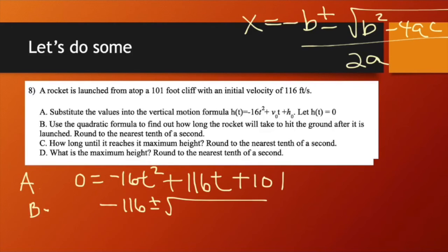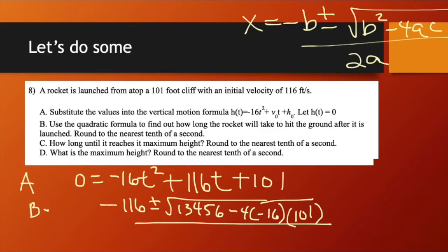B squared. We have to square that. What's 116 squared, anybody? 13,456. Minus 4 times A, which is negative 16, times C, which is 101. All over